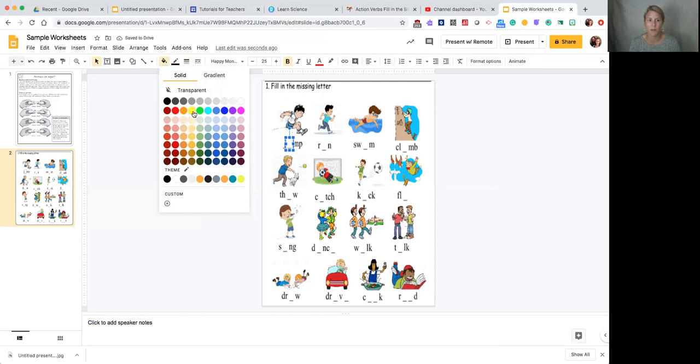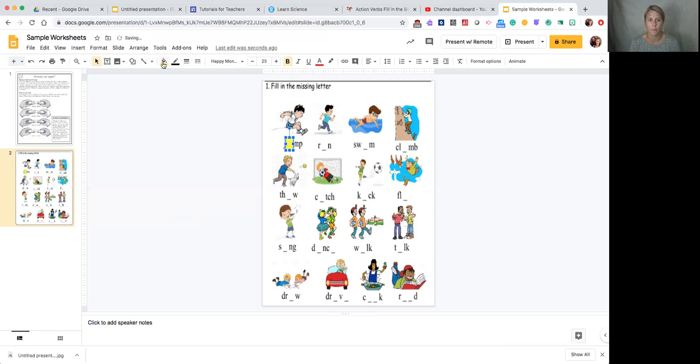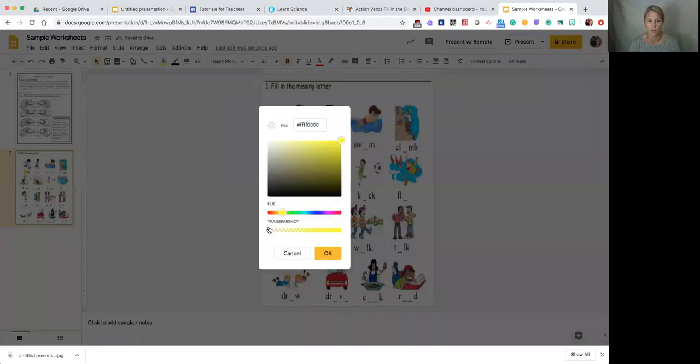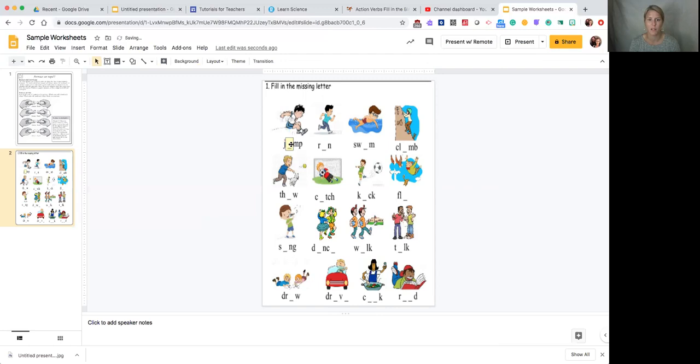So let's say I wanted this to be yellow, but you can customize it and make it a little bit transparent like this. And so now they just know when they're ready to work, they can click in this box, type the U, and click out. So they're done. So I would go ahead and finish your worksheet by creating these boxes